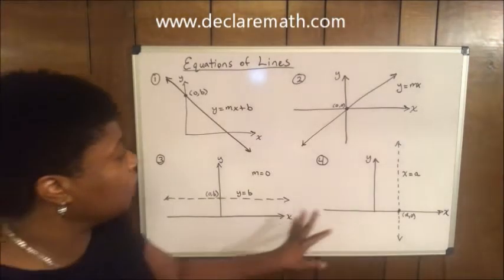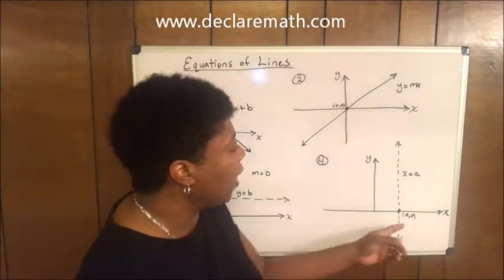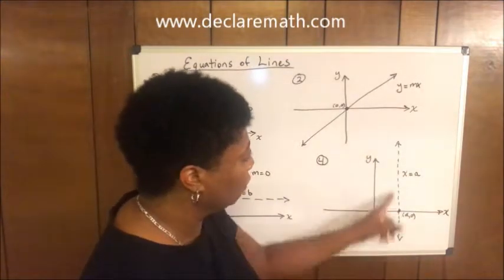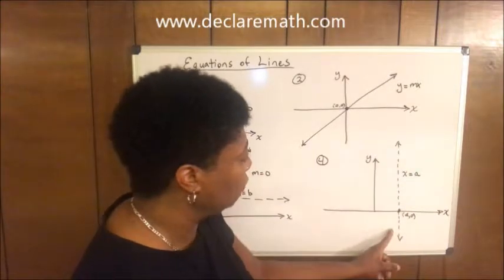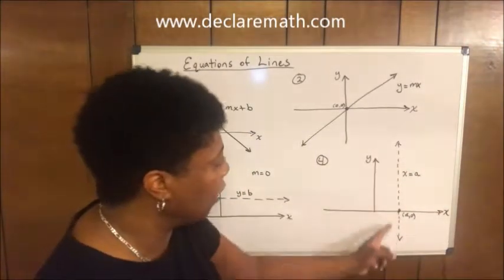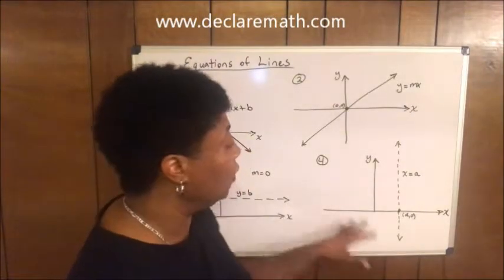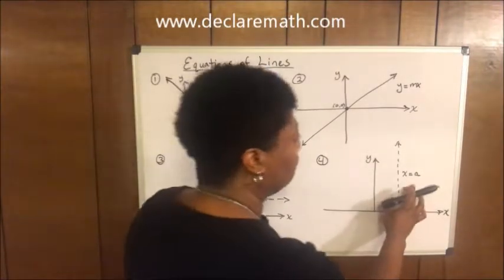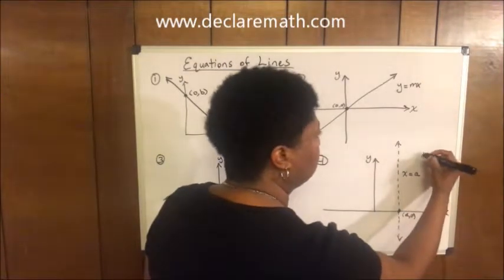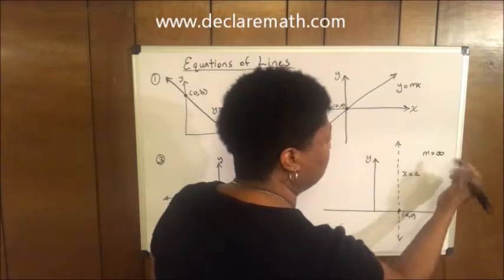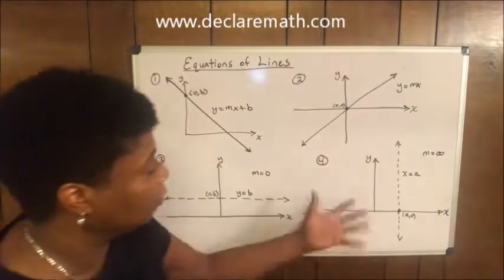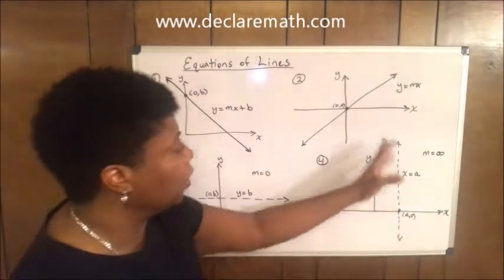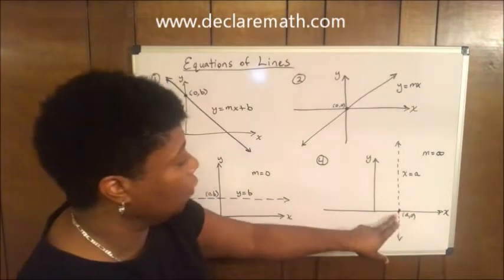Okay? So next, in graph 4, we have a line here that's vertical, right? So we had a horizontal line here, vertical line here. What does that mean? That means that our slope is undefined. So here, well, I guess I could write it here. That's infinity, okay? But that's probably poor math language. But you get the point, okay? So here we have an undefined slope, and when you do,